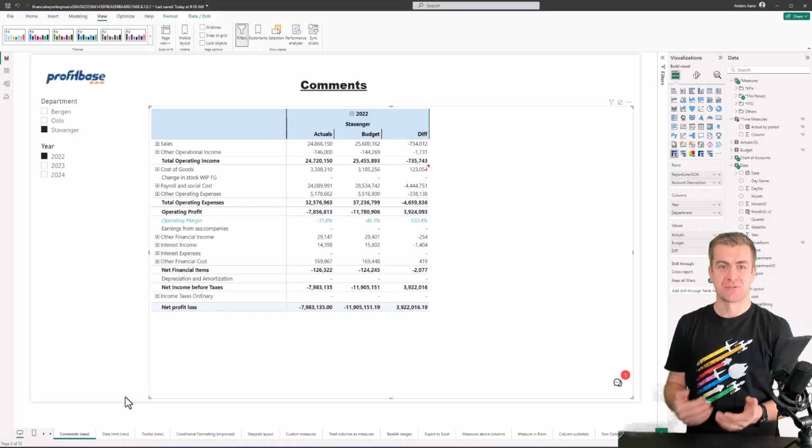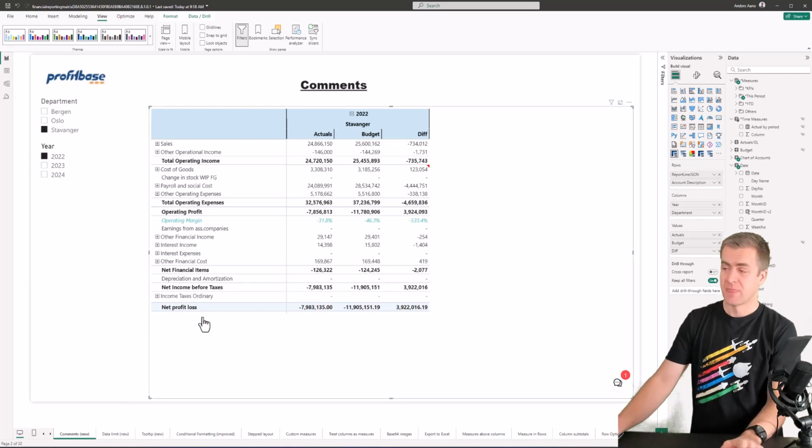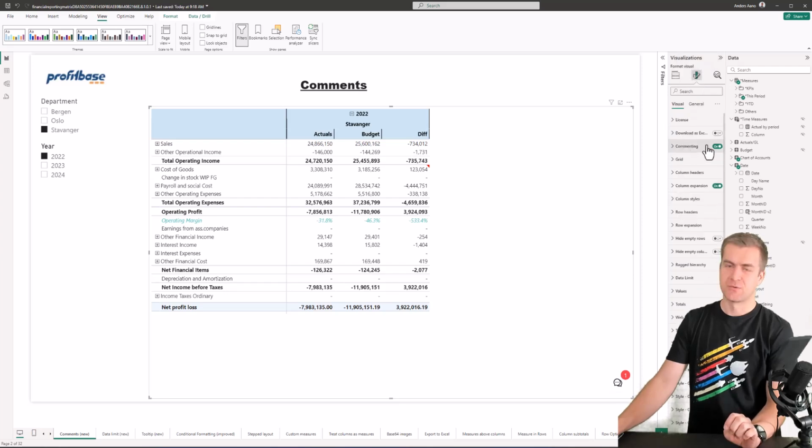So let's go to Power BI Desktop. First off, I'll start with commenting, which is a new feature requested by a lot of our users. Commenting allows you to add comments to cells. You select the visual and go to the format pane, and you'll see commenting as one of the top